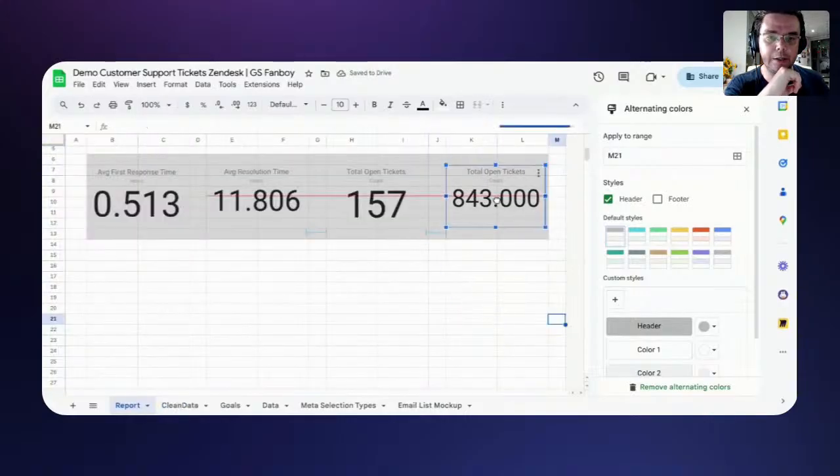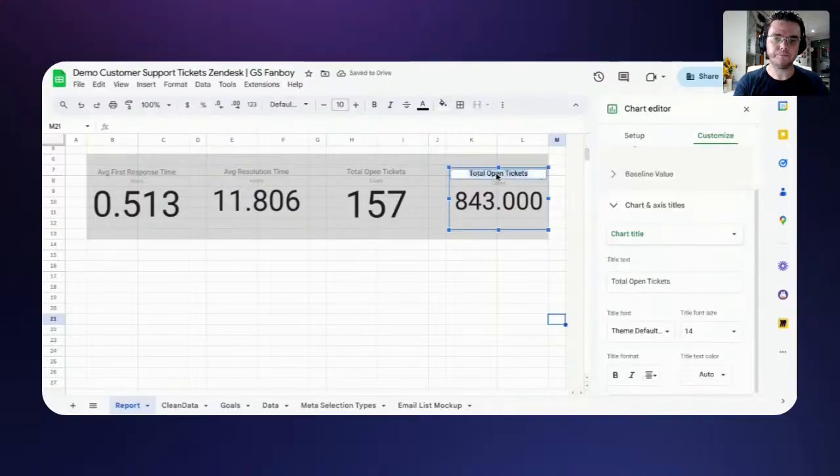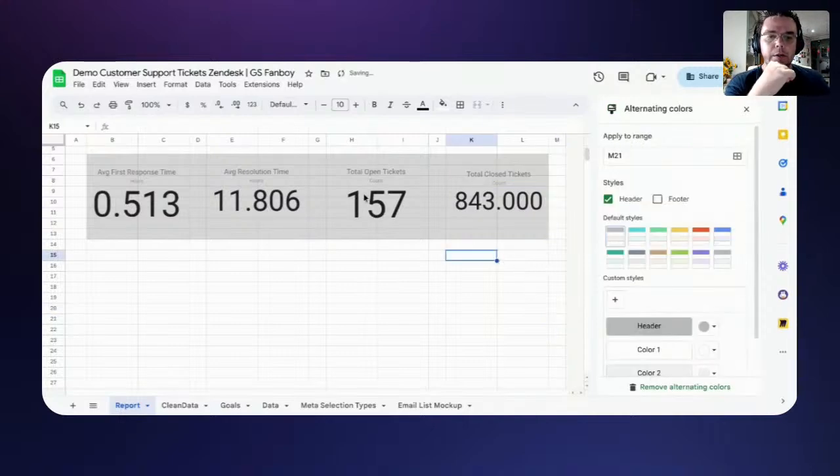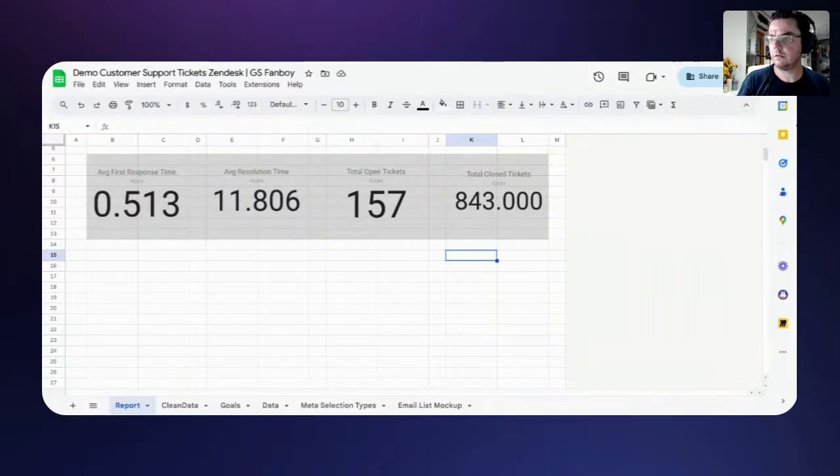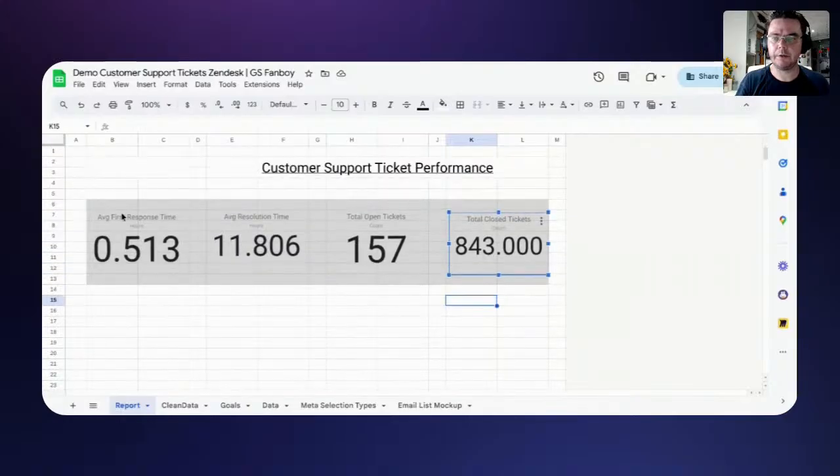Why do you want to be a pain in my butt? Total open. Oh, total closed tickets is what we're looking for. Forgot I changed it. Closed. Oh, I don't want that. And we have all of our scorecards set up. And I don't have a border, and we'll add the other ones in a minute. That means it is, according to my outline,